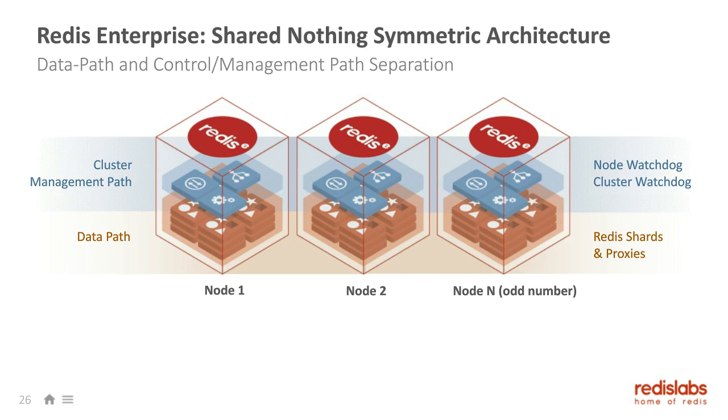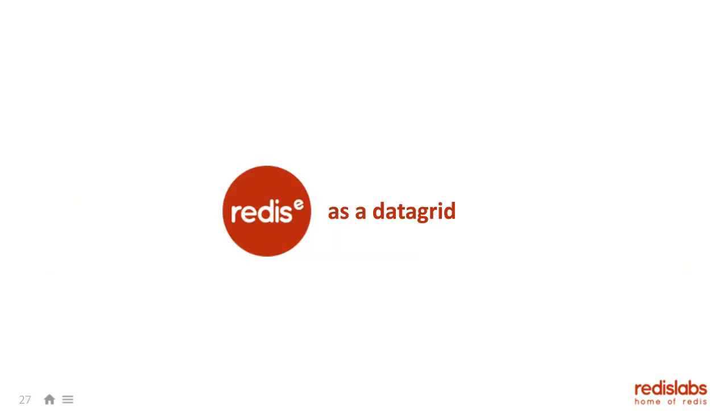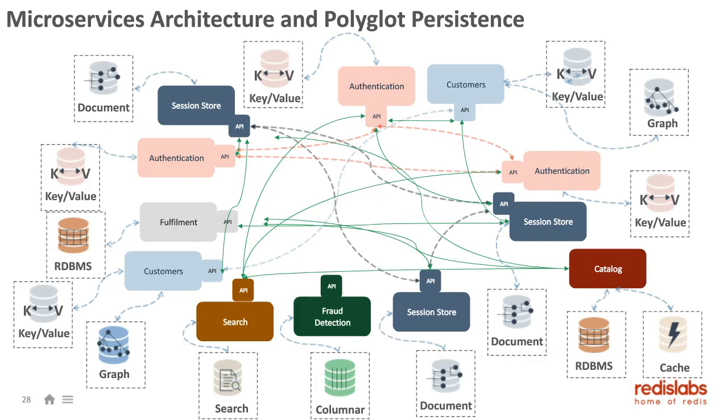Let's now talk about how we could see Redis Enterprise as a data grid. A recent trend, well, it's not really a recent trend, but the trend of microservices architecture and polyglot persistence is real, right? Microservices mean that we will create smaller web services with single responsibility or a subset of responsibilities to counter the big monolith applications. And polyglot persistence means that each single one of those web services can use the persistence that is convenient for them. This is great because you will use the right tool for the right job, but